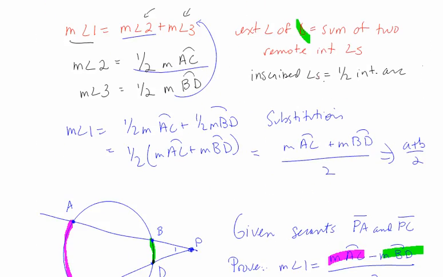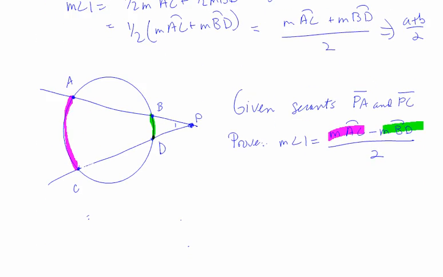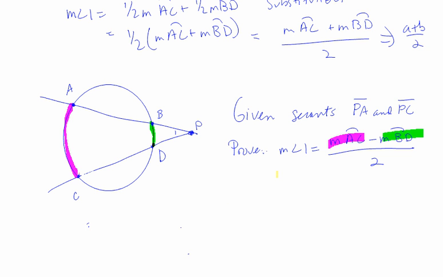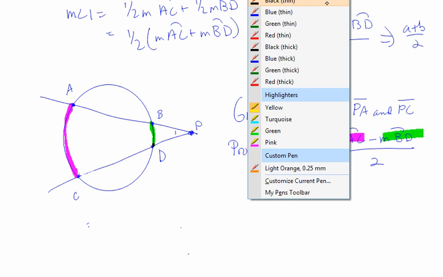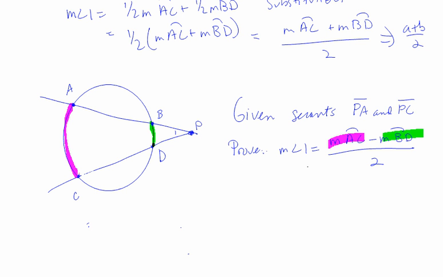Come down here, I'm going to prove the case with 2 secants. So, given 2 secants, prove that angle 1, I've called it here, it's x above, but here it's 1. Prove that angle 1 can be obtained by taking the larger arc measurement, subtracting the smaller arc measurement, and dividing by 2. Okay. So, based on what you saw in the previous proof, I bet you're not surprised that I'm going to go ahead and put an auxiliary line in,